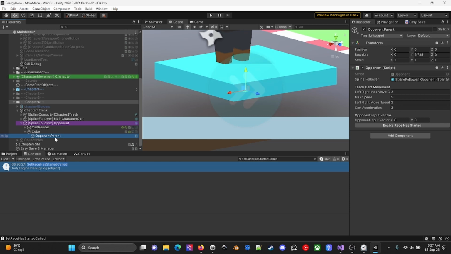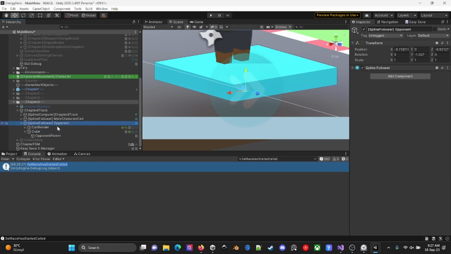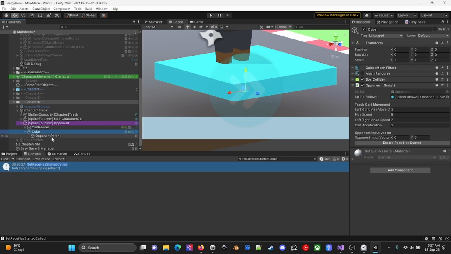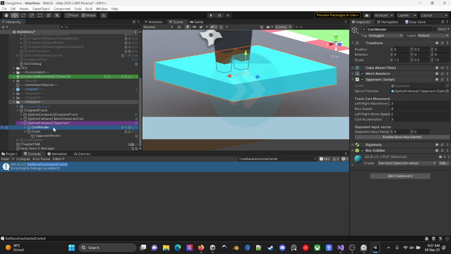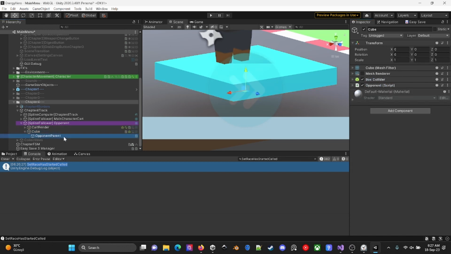But it's also weird that I have two operand scripts. I do not remember why I did this. Is it in here? I also have another operand script in here. And I'm not really sure what this cube or this operand parent is responsible for.